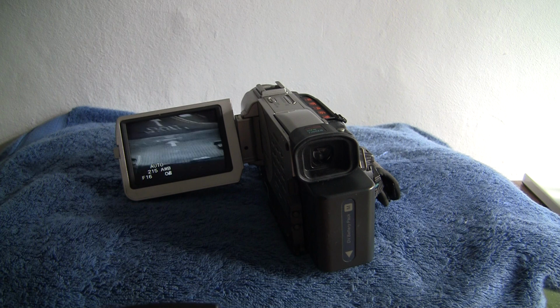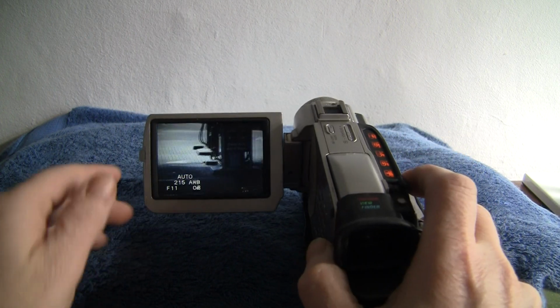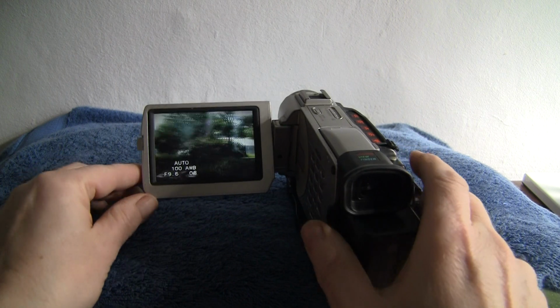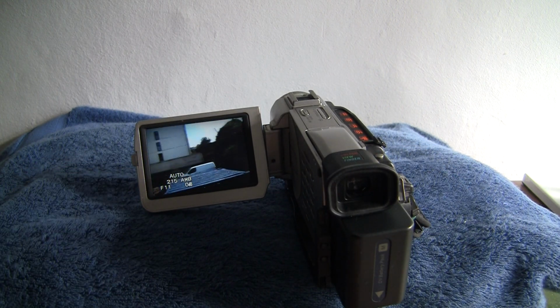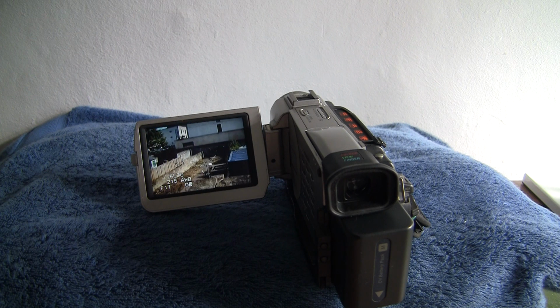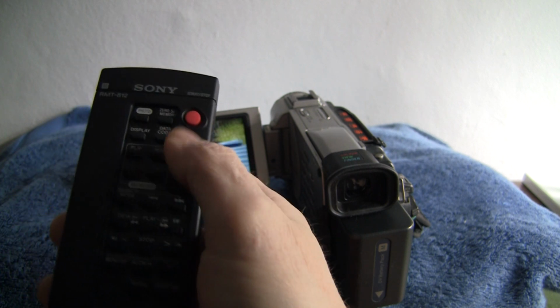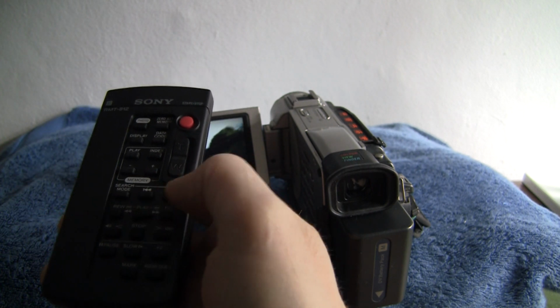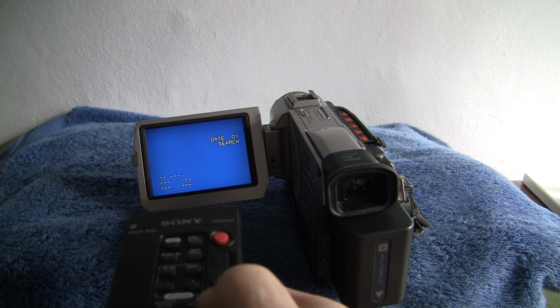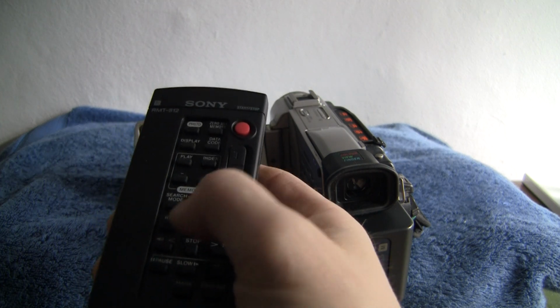Extends out. I'm using the viewfinder at the moment. So that's what I've just recorded a couple of minutes ago outside on this June summer's day. Now the remote can enable you to do zoom and record and all the rest of it, and I'll just go fast forward, and I've run the tape backwards and forwards a couple of times just to give the mechanism